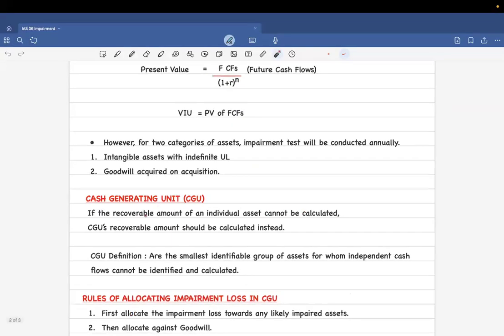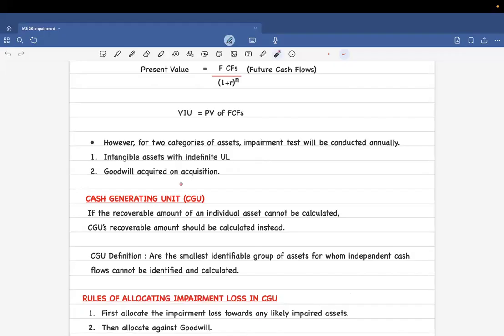Now, in two cases, the impairment is actually tested annually. We don't wait for indications. Clear? So what are the two cases? The first is intangible assets with indefinite useful life. We have already discussed that, right? And the second case is the goodwill that is being acquired. That means if you're buying a different company, you're merging, right? You are either merging or you are into mergers and acquisition, right? So in that